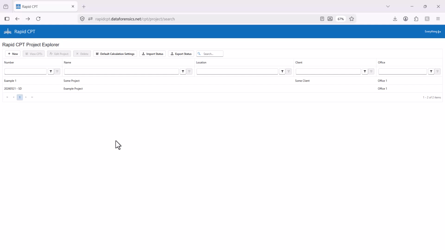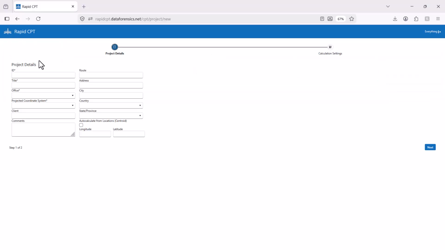So today we're going to look at how RapidCPT can now run directly in your web browser. So you log into rapidcpt.dataforensics.net in your web browser, assuming you have an account, and then you're ready to create a project. So let's create a project, give it a name,